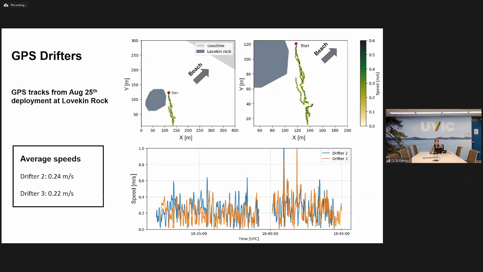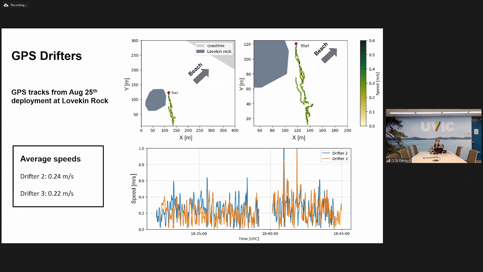So this is an example of the GPS tracks that we can get from these drifters. This is from the first day of deployments at Lovekin Rock. And so along this light gray shading here shows the coastline. This is Lovekin Rock here. And so the drifters started in the rip current along the side of the rock and then flowed out towards the sea. And so this is for a 15-minute deployment with 2 different drifters included, and they are colored by